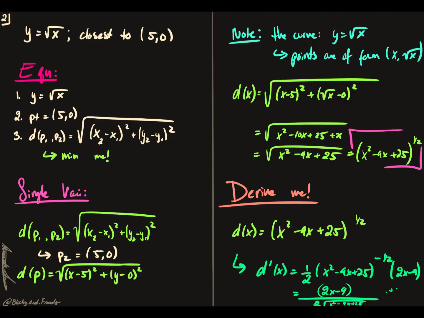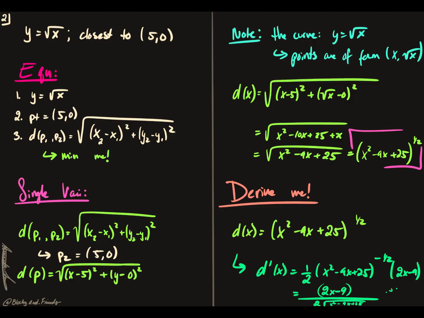Easy money. But then you'll note the curve is y equals root x, which means points on the curve are of the form x comma f of x, right? Or x comma root x, if you will, right? Because you know that's what y equals. So then you can turn this from a two variable situation to a one variable situation, because you can write this as